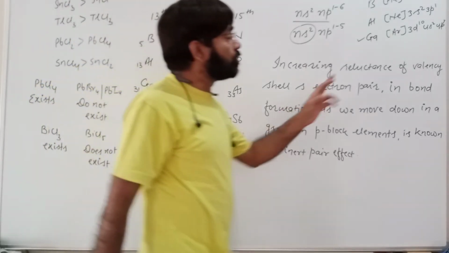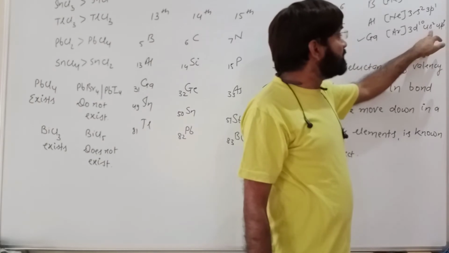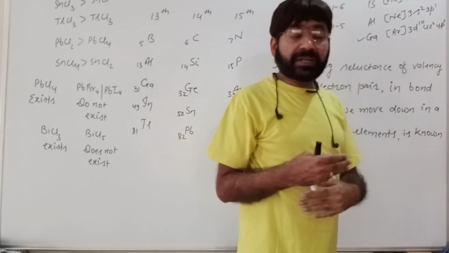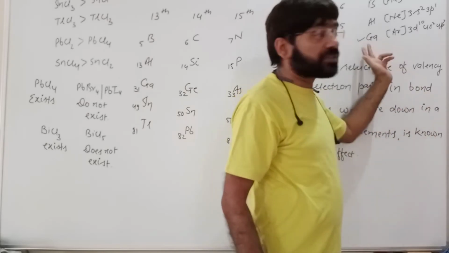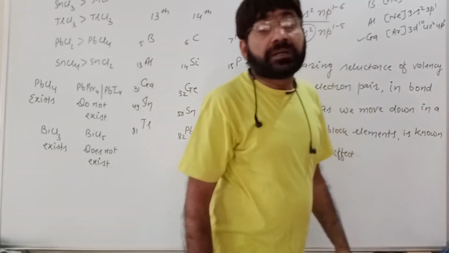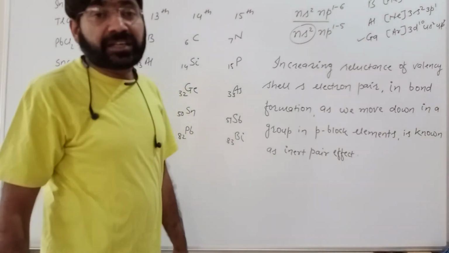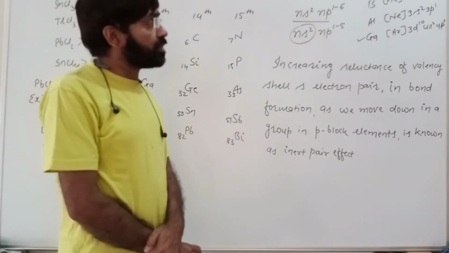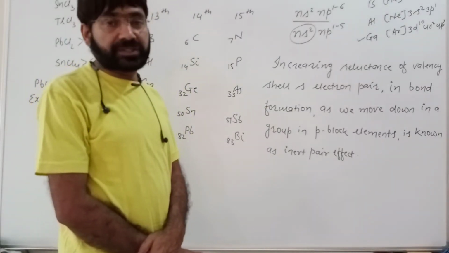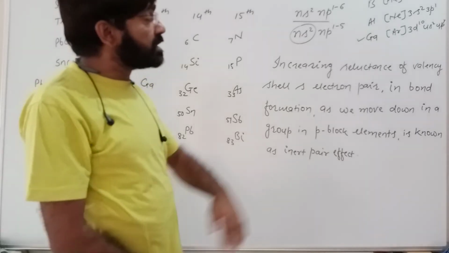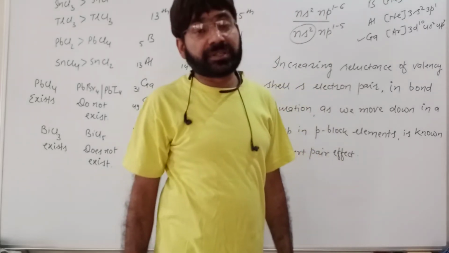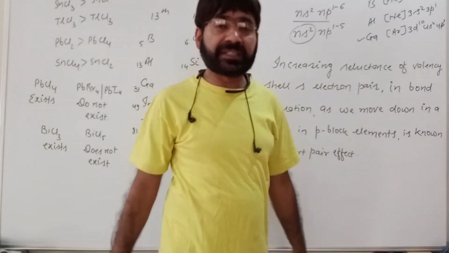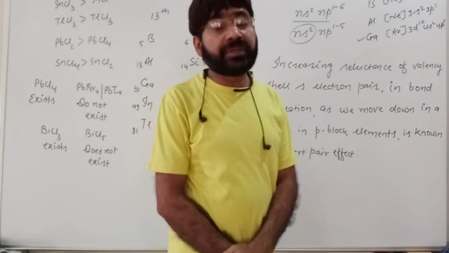Fine. And after the loss of this p electron, these s electrons are also being lost, but their loss was quite slow, and hence we'll be observing two types of oxidation states in compounds of gallium: one is +1 and the other is the +3 oxidation state. If apart from p electrons, the s orbital electrons are also utilized in bond formation, then another type of oxidation state, that is +3, will also be observed.